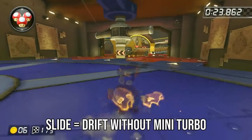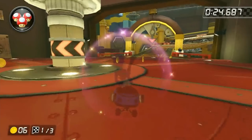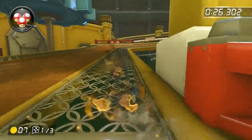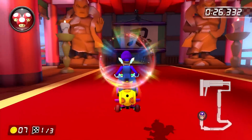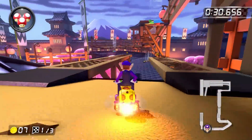He carries the slide all the way past the next cog where he then does a delayed trick off the ramp. Oddly enough, doing the slide and then tricking off the ramp as soon as the first trick boost runs out is actually faster than driving straight into the trick. This technique is sometimes called the Kusaan trick after its discoverer, but I'm going to refer to it as a slide trick, both to be more descriptive with what's actually going on, and to be more consistent with the Japanese